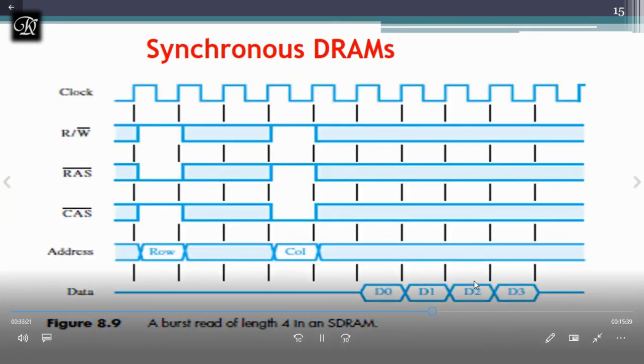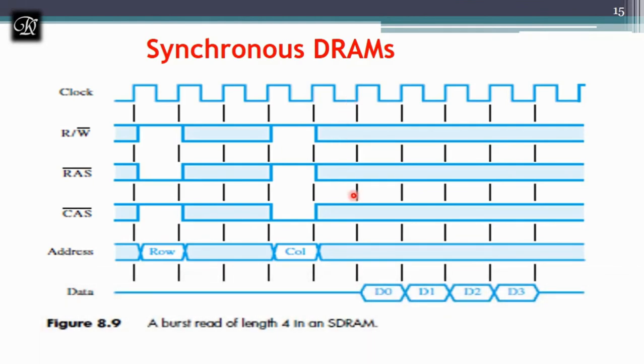In this, we will see the timing signal for fast page mode. So in this timing diagram, for a typical burst read of length 4, SDRAM is used. First, the row address is latched under the control of RAS. The first RAS is going to decide the respective row. Memory typically takes 2 or 3 clock cycles, which is mentioned over here, to activate the selected row. It takes some time to activate the selected row.